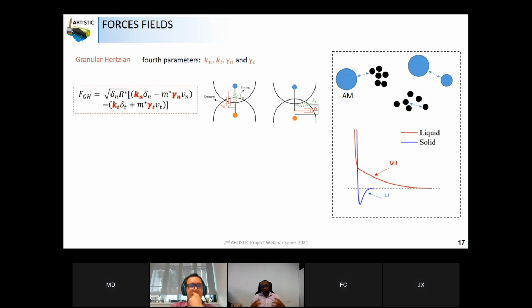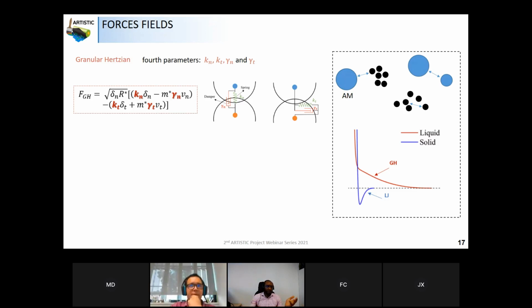we make some kind of coarse grain. So we have some kind of particle. We do not have, I would say, atoms, as we are not at the atomistic scale. We are in the mesoscopic scale, and then we have grains. And the force field that we can use to, I would say, simulate the interaction between the grains is the granular force field,